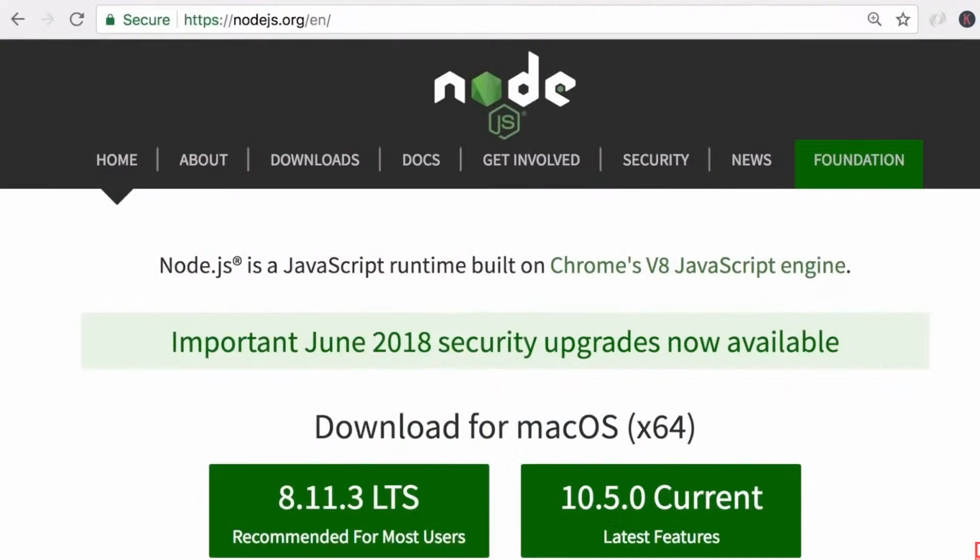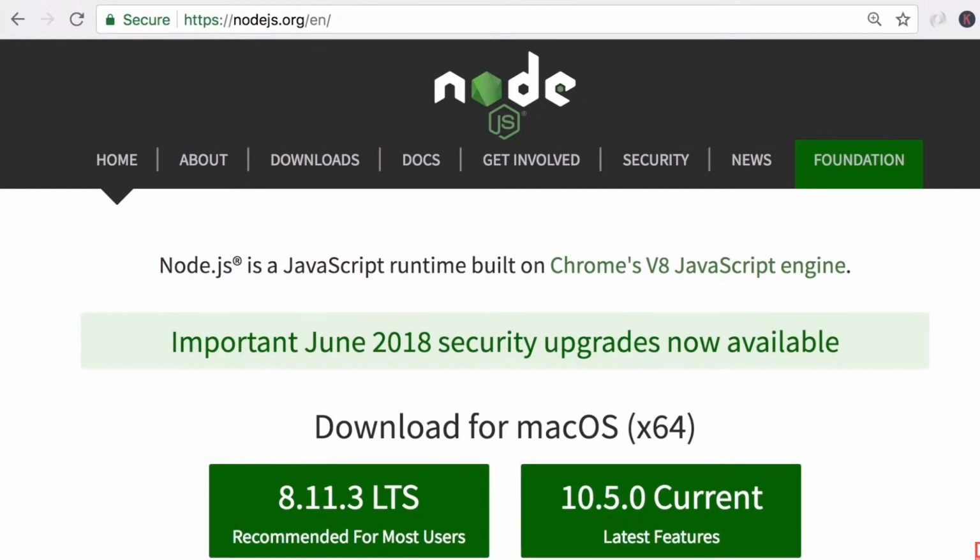Alright, this is where the fun begins. The first thing I want you to install is Node.js. Now, in this course, we're not going to use Node. We're only going to use one of its built-in tools, Node Package Manager or NPM, to install third-party libraries. So if you don't have Node on your machine, head over to nodejs.org and download and install the latest stable